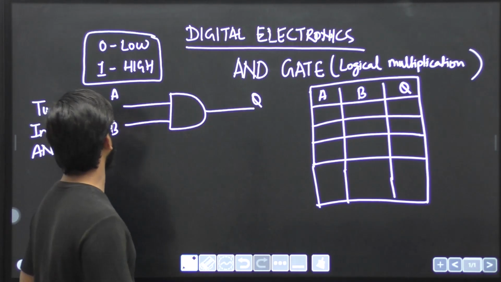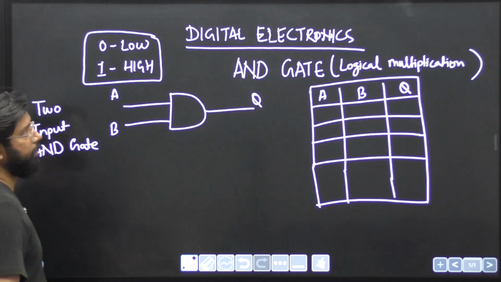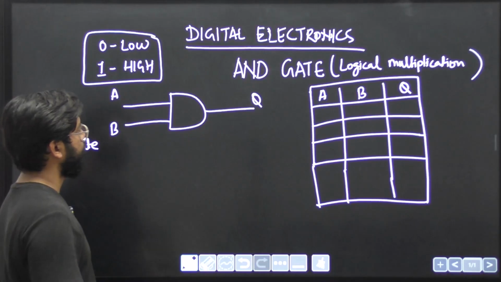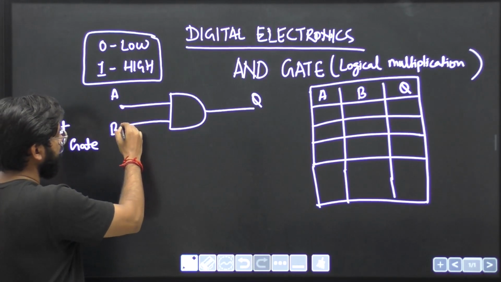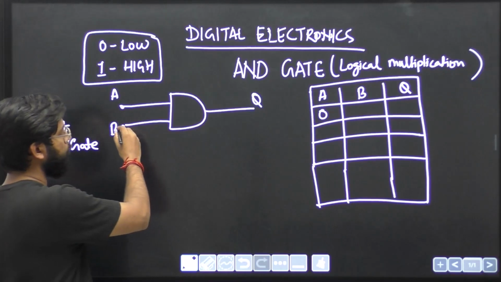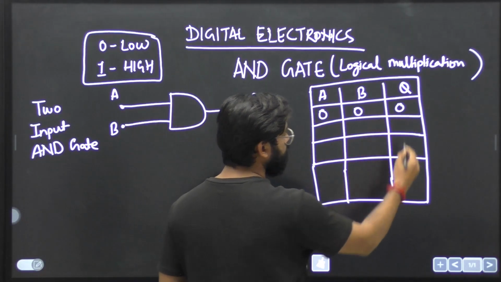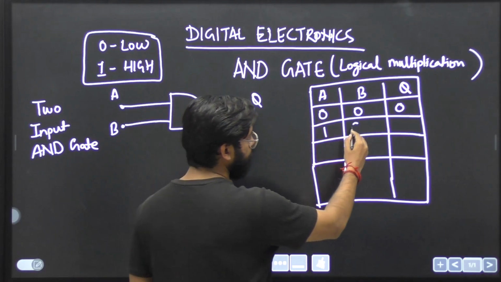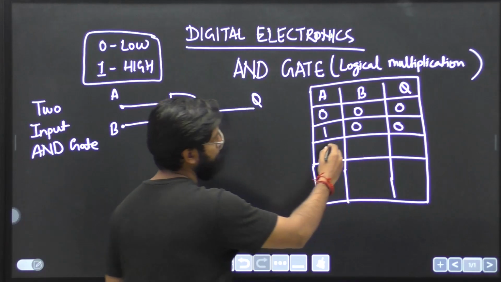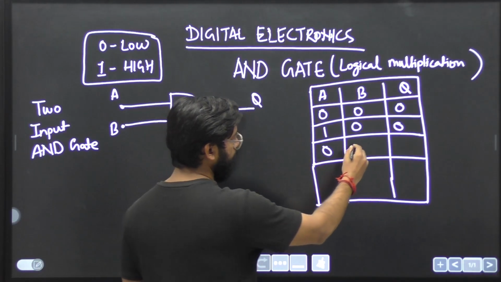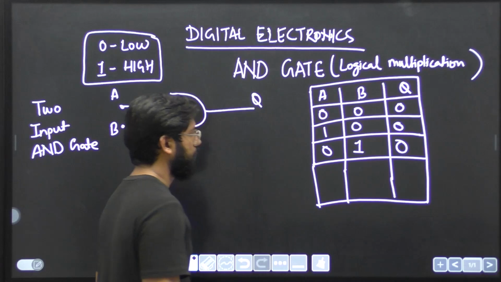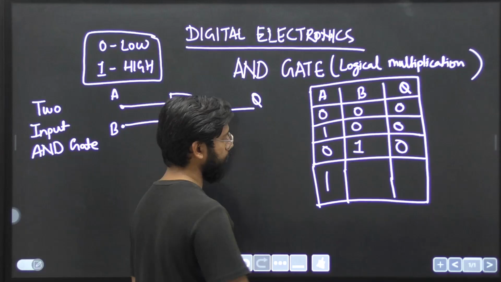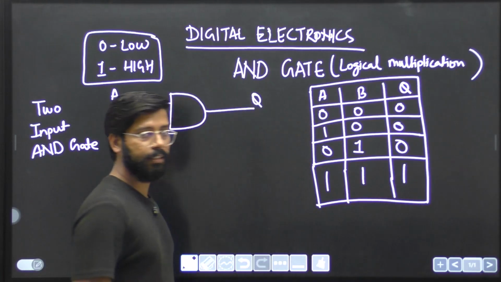Let us first understand the AND gate. Here we have a two input AND gate, and an AND gate only outputs a high signal when both of the inputs are high. For example, if on input A I give 0 and input B I give 0, we get 0. Similarly, if I give 1 on input A and 0 on input B, again we'll be getting a 0. If I do the opposite, give 0 to A and 1 to B, again we'll be getting a 0. It only outputs high if both the inputs are high. That means if I give 1 on A and 1 on B,